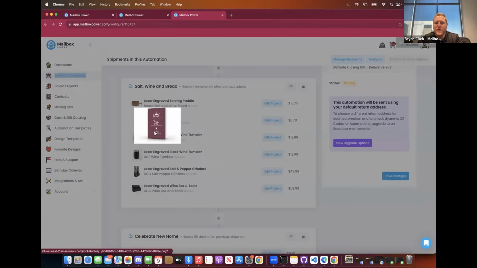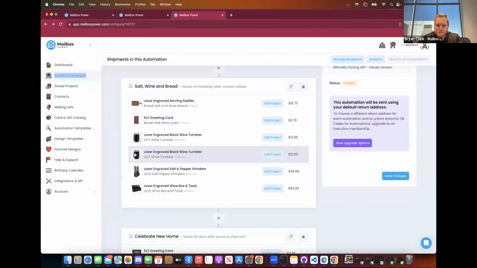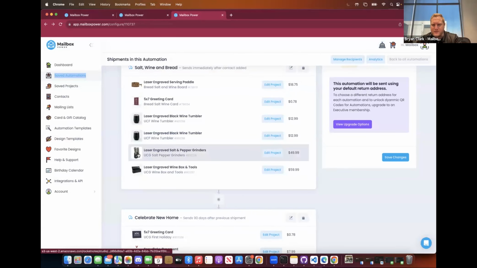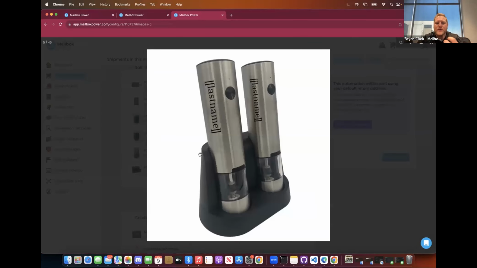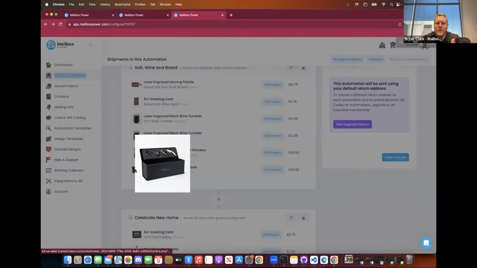It's also going to send out a greeting card that's going to be personalized specifically to them. A couple of wine tumblers with their last name posted directly onto the tumbler. And you can, of course, customize these and make them your own. You can also see that we have salt and pepper shakers or grinders, excuse me, and these are electric and rechargeable. The last name will be laser engraved directly onto these, and this is all done from our warehouse here